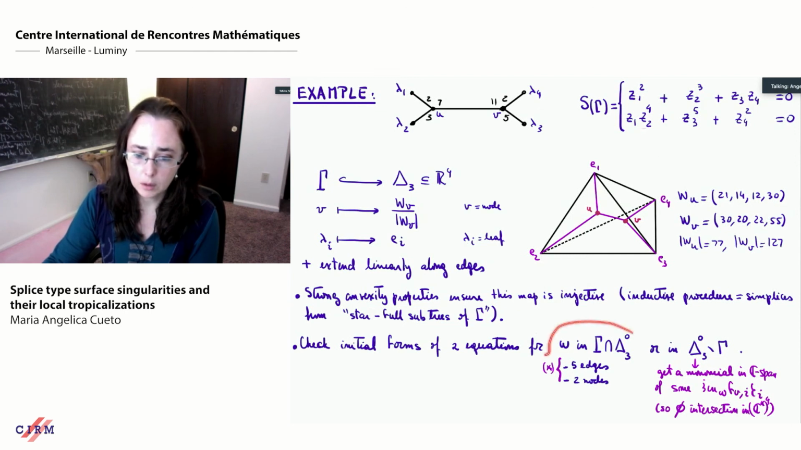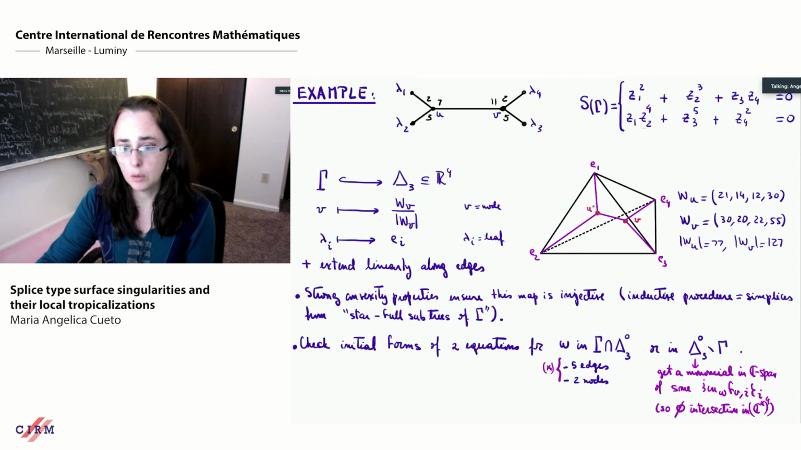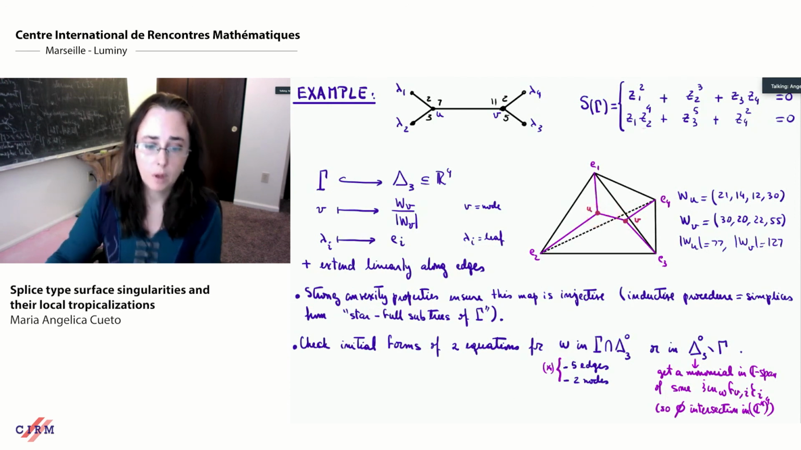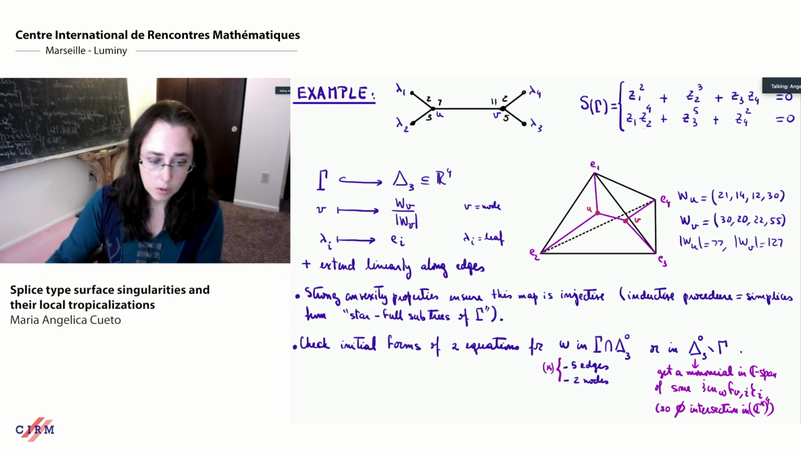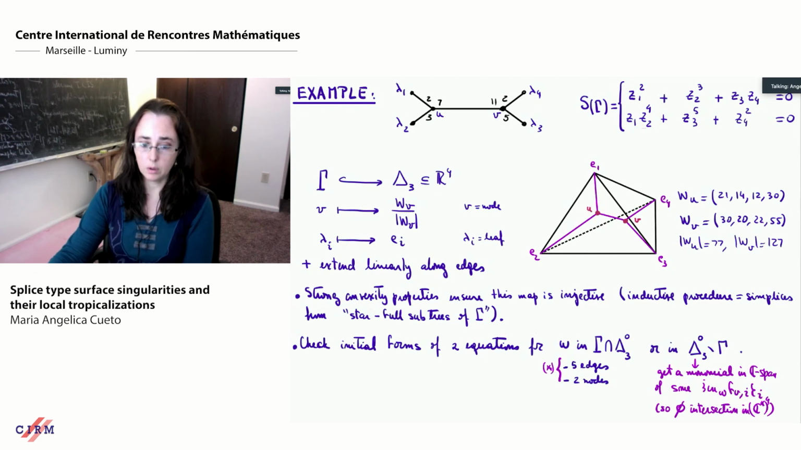Now, if you look at the weights coming from the graph, then basically we're going to have to analyze two types of weights. One that are in the interior of edges. So in this case, I have 5 edges. And then on the other hand, I'm going to have to consider weights coming from the nodes of my graph. And one thing we show is that in all these 7 cases, these initial forms, in this case we have these 2, are going to form a regular sequence in the